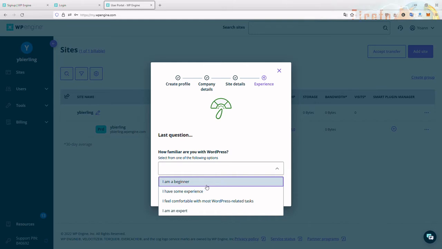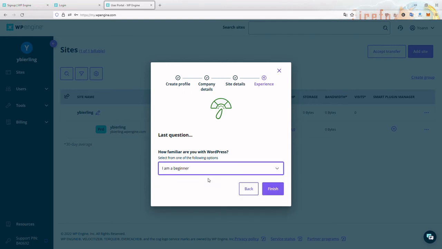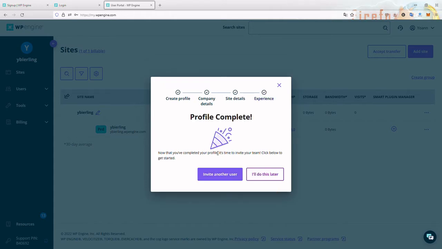I'm not sure what to choose. I have a little experience with WordPress. I did try to create an e-commerce website 10 years ago, but I'm not sure this still counts as experience today. So let's say I am a beginner, and I definitely don't feel comfortable with WordPress. For me, it's a big black box. So let's say I'm a beginner, at least in e-commerce on WordPress, that's for sure. And let's finish. I don't want to invite anyone for now, but of course you are all welcome to join